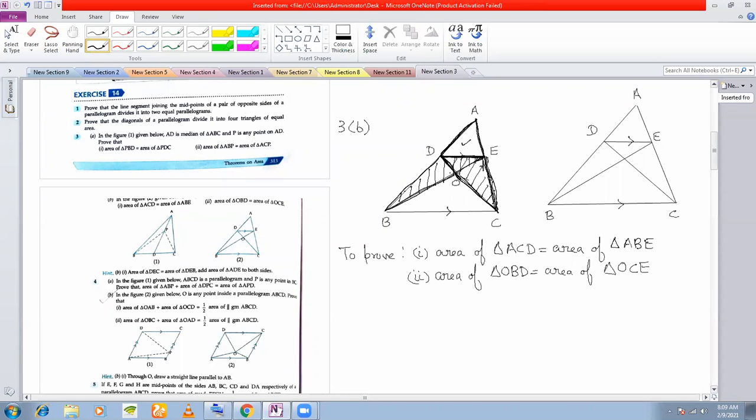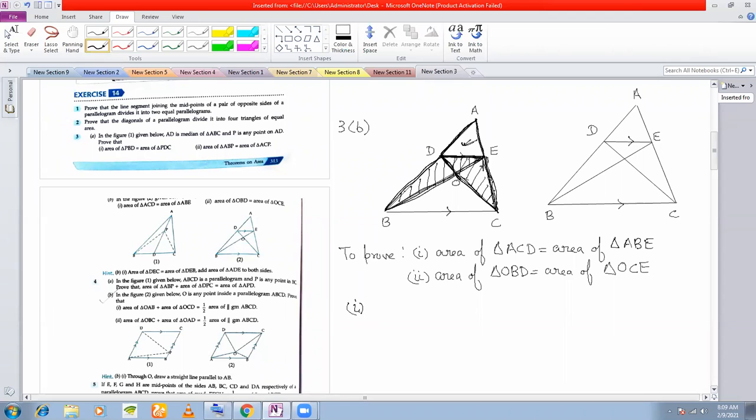Now again on this triangle here, in the area of this triangle, that is DEB, if I add again area of this triangle, will I get the bigger triangle ABE? Yes, we'll get. So that means only this triangle we have to add to the area of these two triangles to get the required proof.